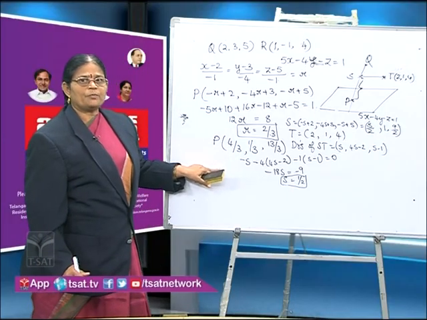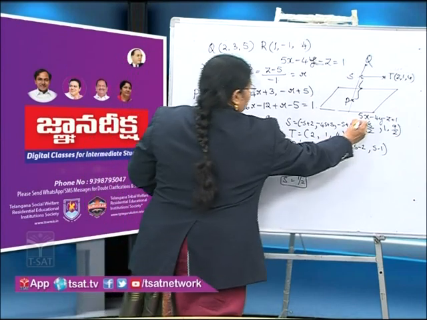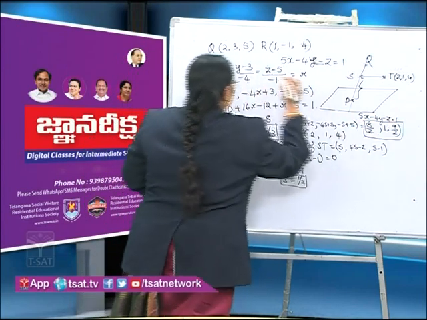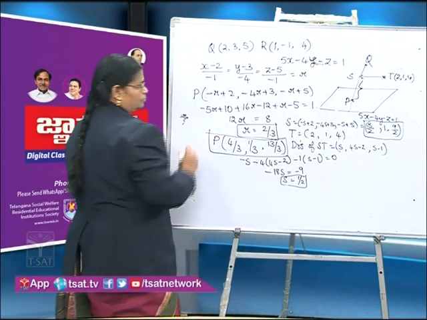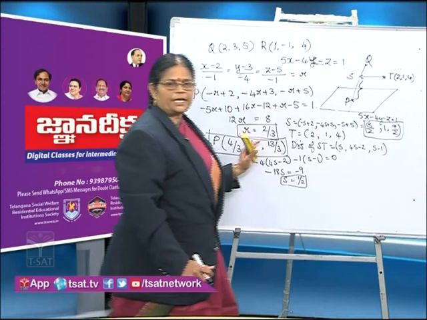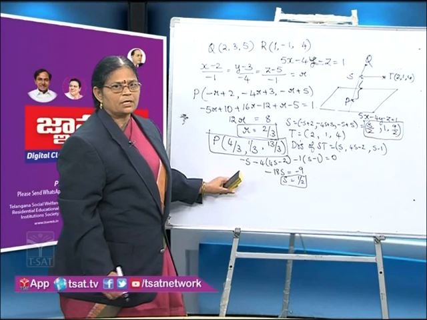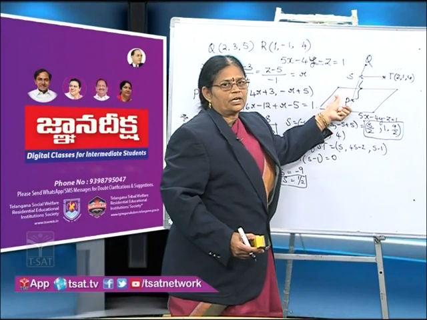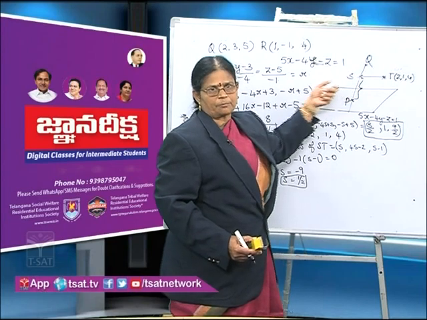Now the problem is the length of the segment PS. This is the point S. Where did we find the point P? This is the point P. We have to find out the distance between these 2 points. Again, use your distance formula here to find out the distance. The only thing is, when you draw the figure, you can get a clear idea of how we solve the problem in steps.